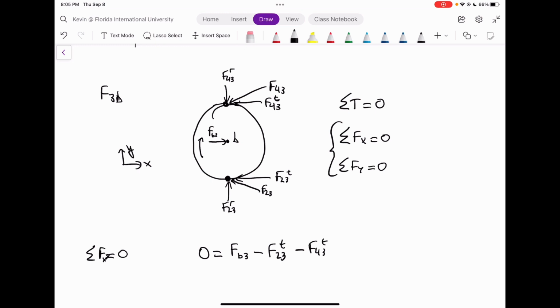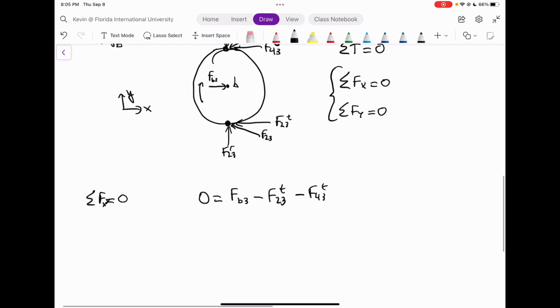They're both in the negative direction. And we can rewrite this, if we rearrange this, we can say that FB3 is equal to F23T plus F43T. And we get a value of 33.7